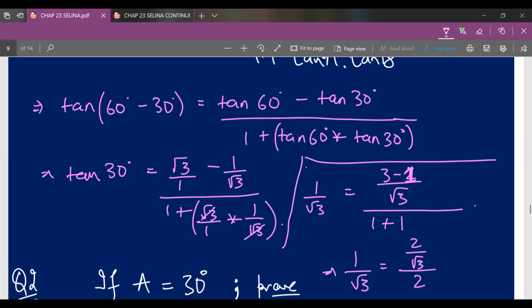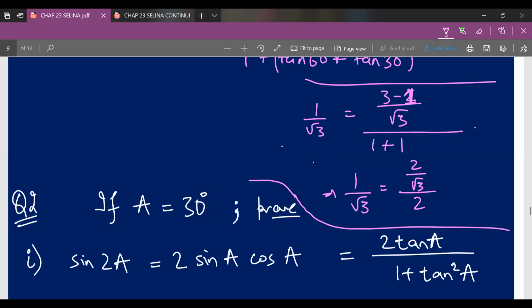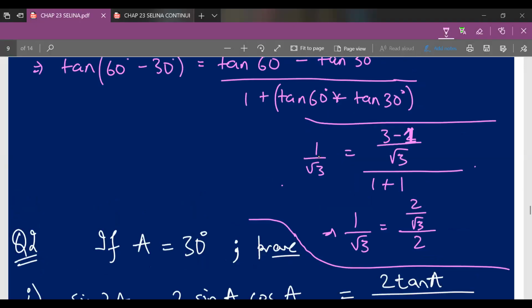You could pause the video with me, you could pause the video as you like, and then you could copy all the sum, you could glance or stare at them, and you could try to understand what's going on, then you can move forward. Okay, so I'll try to solve the sum over here. Okay, so I'll write the sum again.